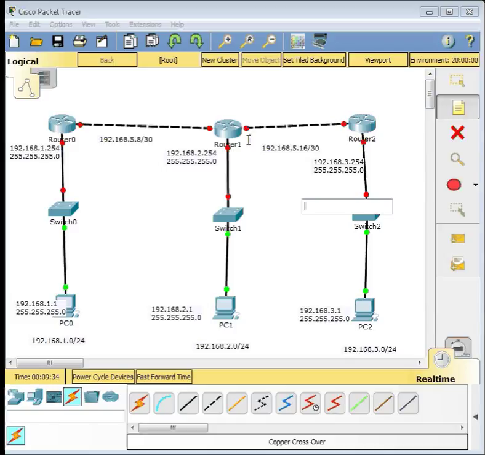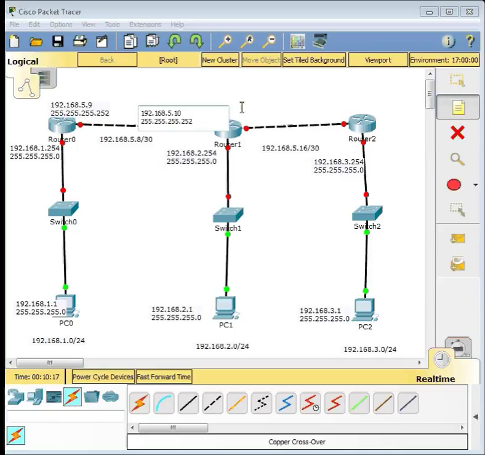Okay, after this we can also provide an IP address to the other interfaces. For this interface the IP address will be 192.168.5.9 and the subnet mask is 255.255.255.252, because it is /30. For this interface the IP address is 192.168.5.10 and the subnet mask is 255.255.255.252.